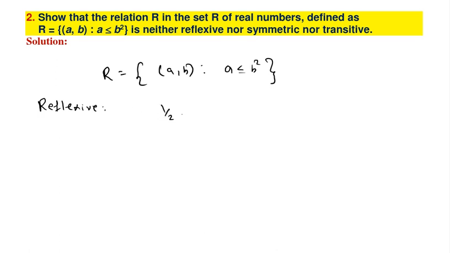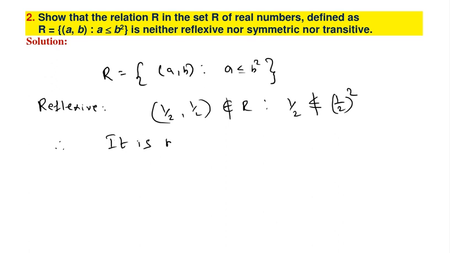If we take 1 comma 2, instead of a real number, 1 comma 2 does not belong to R. Because A, 1 comma 2, is less than 1 by 2 the whole square, 1 by 4. Since 1 by 2 is greater than 1 by 4, 1 by 2 comma 1 by 2 cannot be an element of the relation R. So there is a violation. For every member of R, the self image should be there.